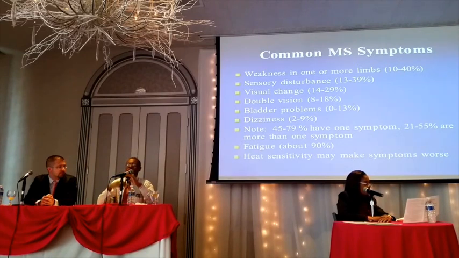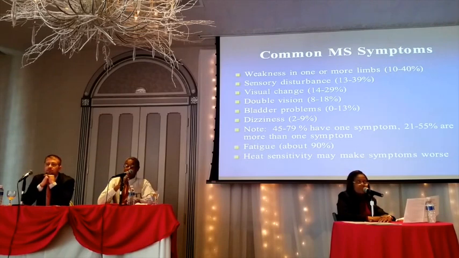And the last thing to mention, heat sensitivity. So how many of you in the audience with multiple sclerosis get into a hot tub and you feel your symptoms getting worse? Or if it's 95 degrees outside, which doesn't happen that often in Cleveland, but it does happen. It's 95 degrees and you step outside and you feel that weak leg just getting weaker. That's heat sensitivity, and some people are really sensitive to that.